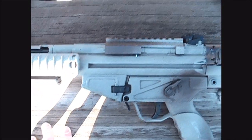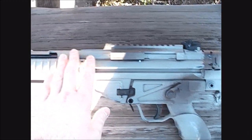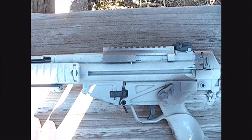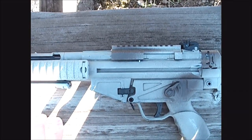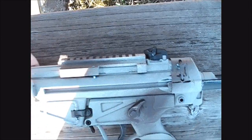Then I will zoom out a little to show you the upper receiver that goes from here to here and there. The upper receiver is metal. It's made of metal, so it's very sturdy. There's no way it's going to bend or creak or anything. It doesn't make a noise. And this top rail here,